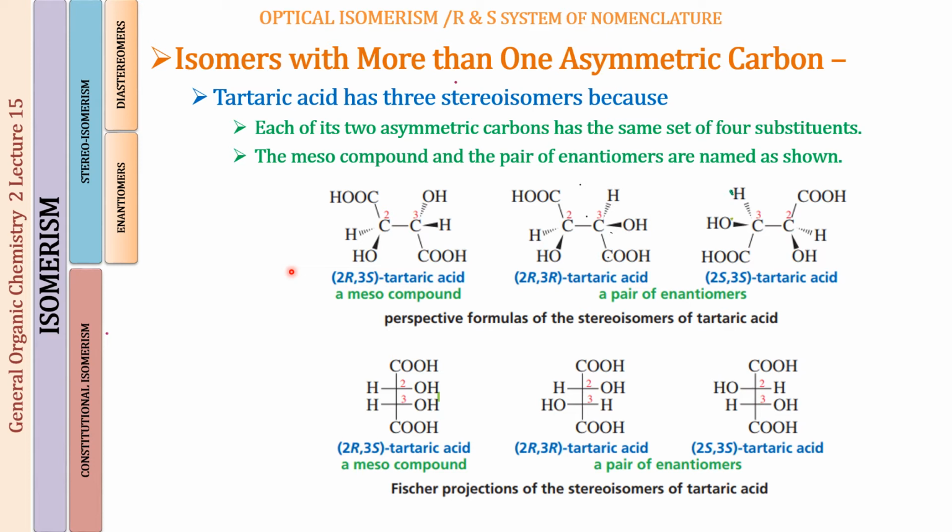And also, in one of the different rotations of this carbon-carbon sigma bond, what we saw is that there is also a center of symmetry present. So there are two conformers for the compound. In one of the conformers, you will be able to see a plane of symmetry, and in the other you will be able to see the center of symmetry. And that is why in the wedge and dash representation, the way I have drawn this structure, this is showing the center of symmetry in the compound.